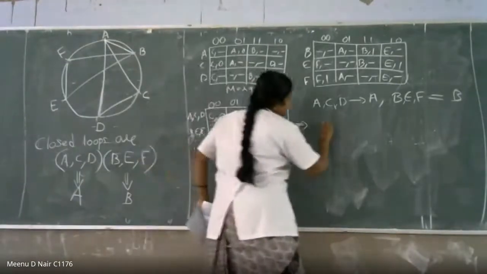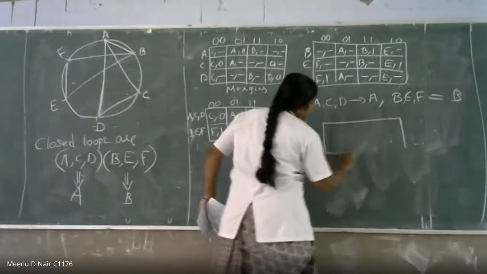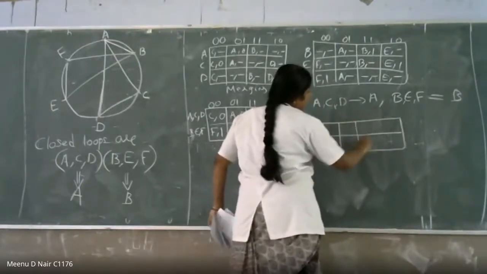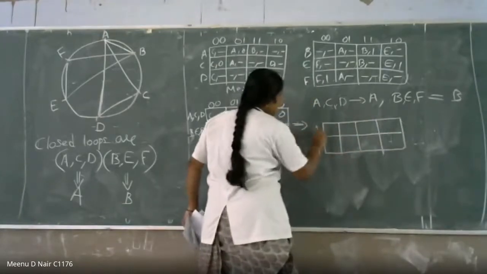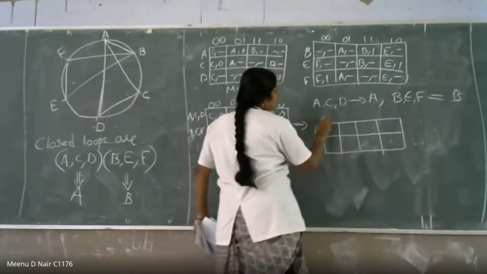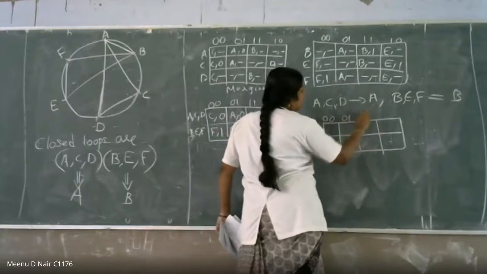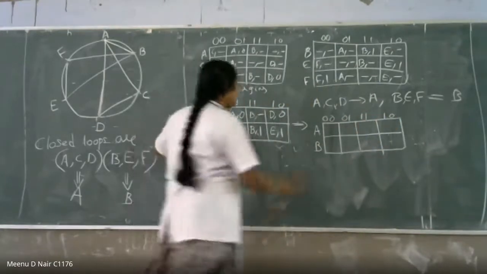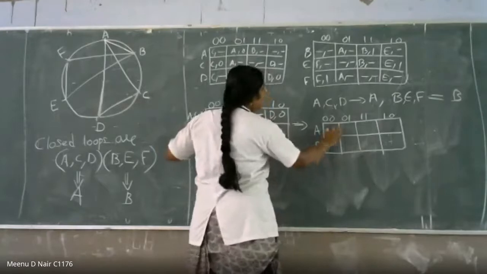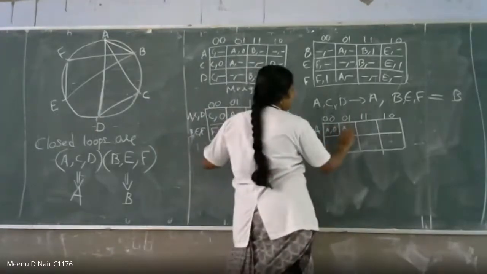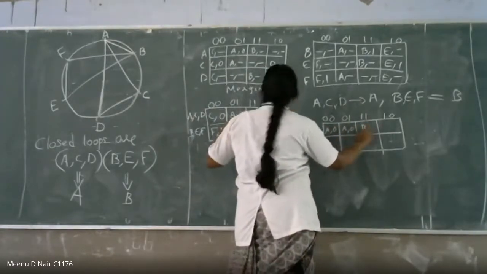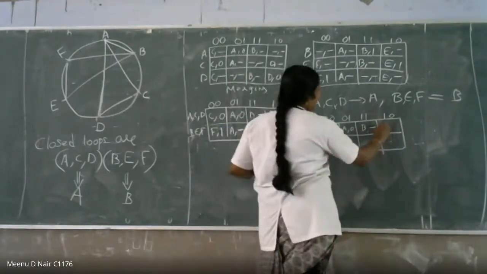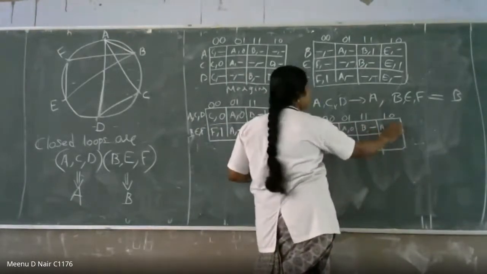Again, instead of A, C, D, what we are going to write here is, this is A and we are considering B. So this is 0, 0, 0, 1, 1, 1, 1, 0. Okay. So what you are writing here, C you can replace as A, comma, 0. Here it is A, comma, 0. And this is B, comma, dash. What about D? D is also A, comma, 0.